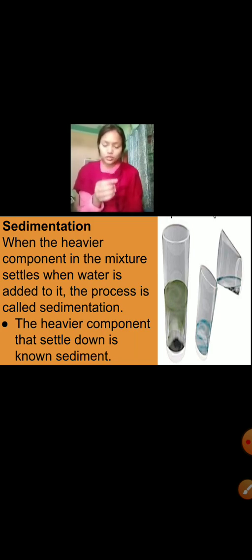So when we have taken a glass of water and put some pebbles in it, what will happen? The pebbles will settle at the bottom. Then after some time, we can take that glass and, without disturbing the pebbles, we can take out the water, we can separate the water from that glass. So this process is known as what? It is known as the decantation process. Is it clear?